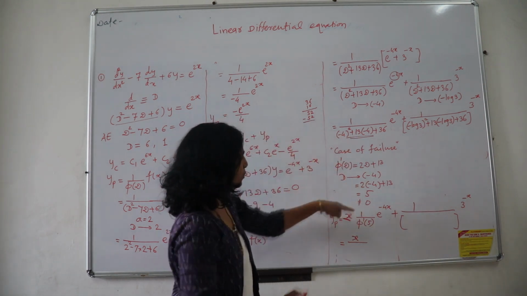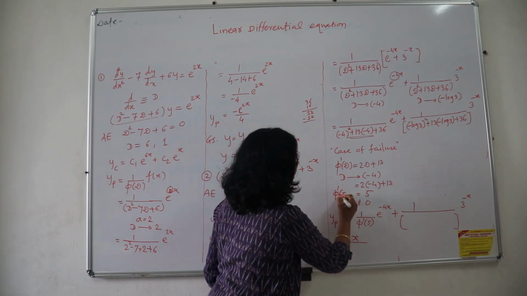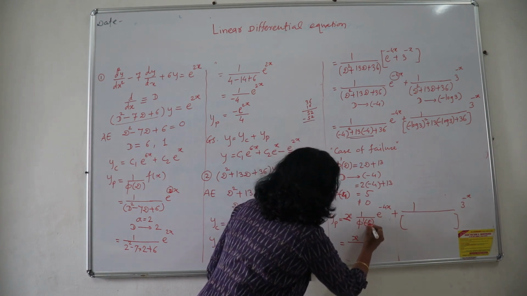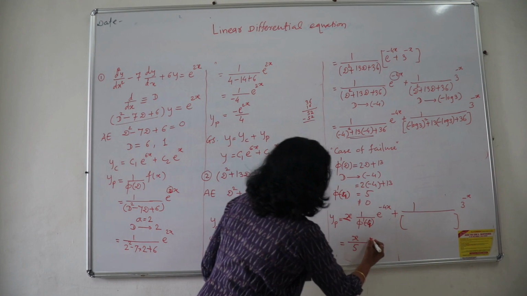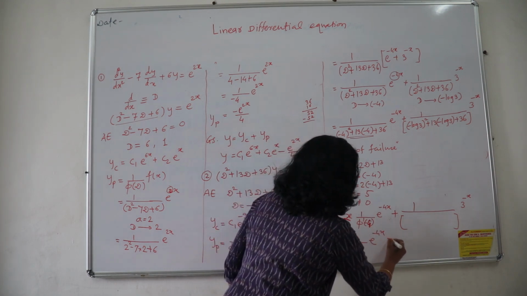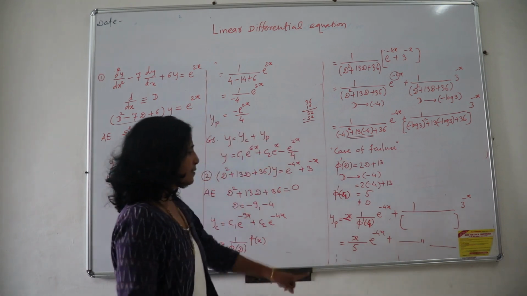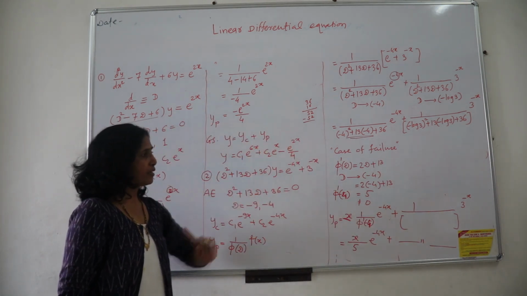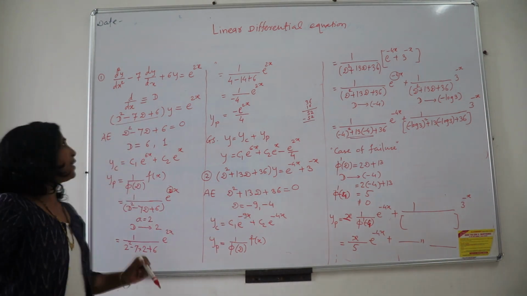What is phi dash of phi u? You may write here, see, phi dash of d. D is nothing but here it is phi dash of minus 4. So this value I will just place here, minus 4, and this value is equal to how much? 5. This value calculated, e raised to minus 4x, and this part again is going to be as it is. And with this, see, no d factor is left in this calculation. So I have calculated the final value of this, and the ending part will be as usual.